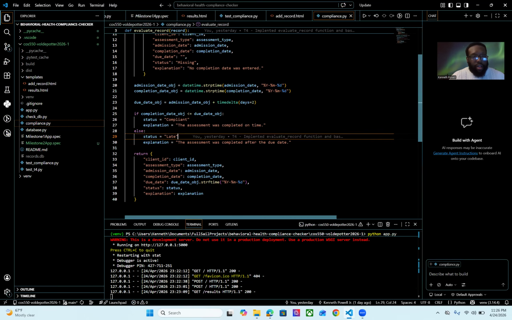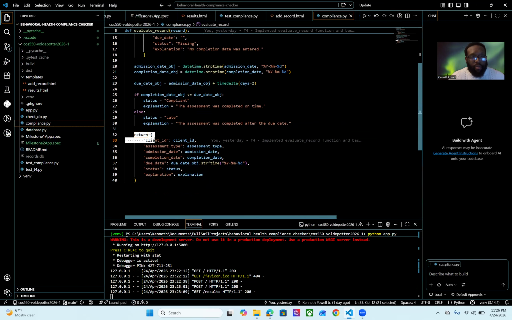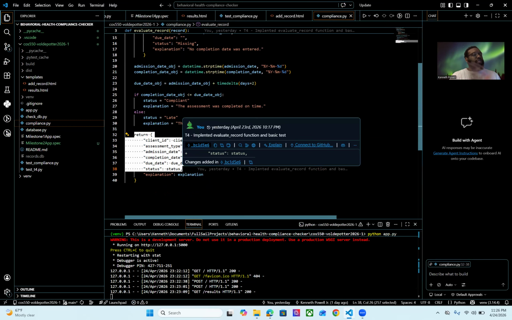Then next, I wanted to structure the return output. So here we are. That's the return. This function returns